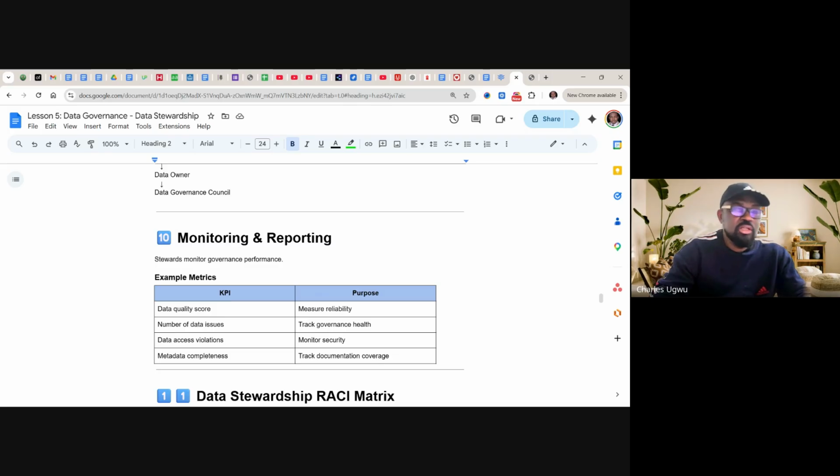I've already spoken about it: if we have red flags everywhere, or we have green. We look at our dashboard, we see everything is green, then that is a good sign. But if we see that we have almost 10 issues, everything red, then we should be able to know there is a situation. Then, still under the KPI, data access violation. If there is a violation in data access, we should be able to know how it was violated.